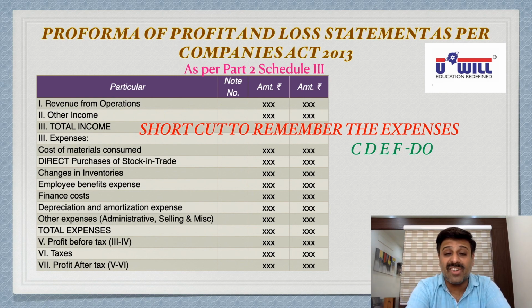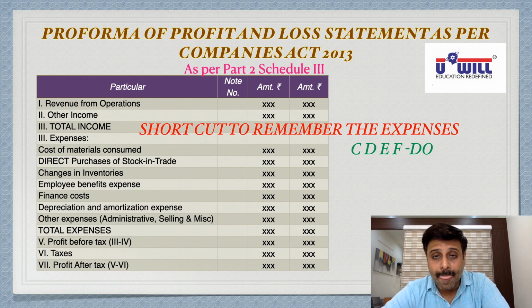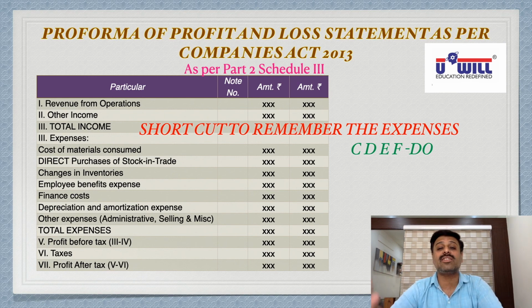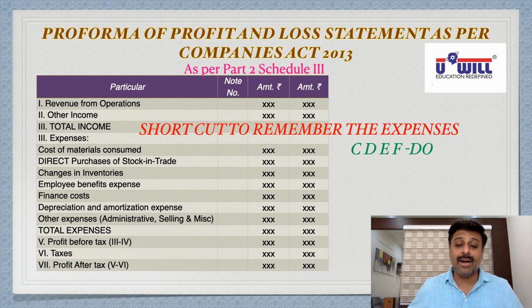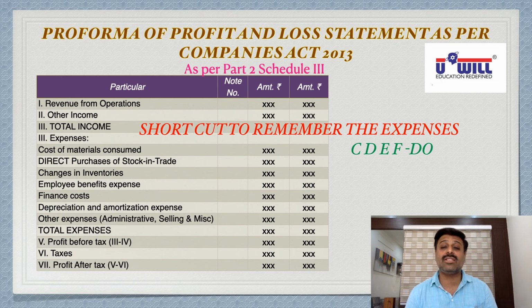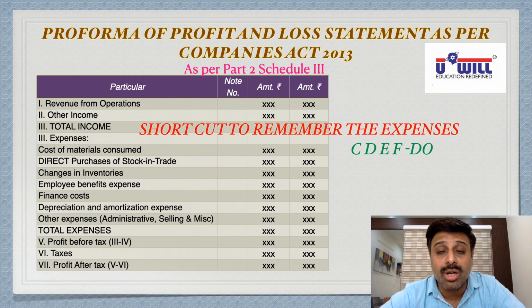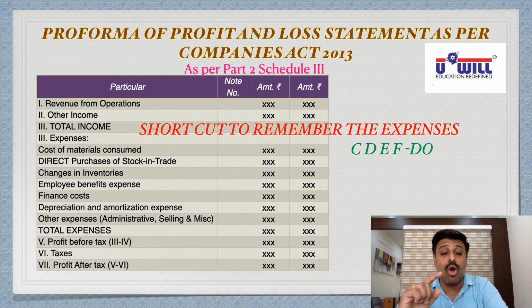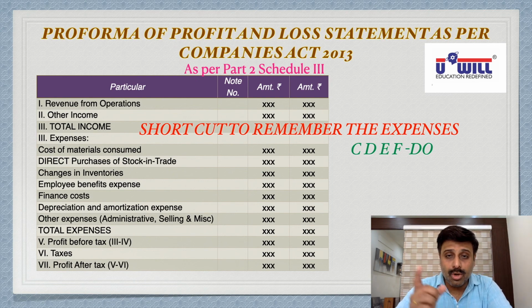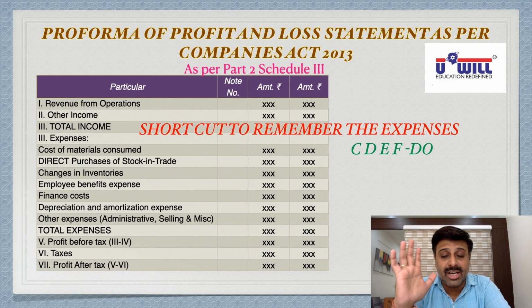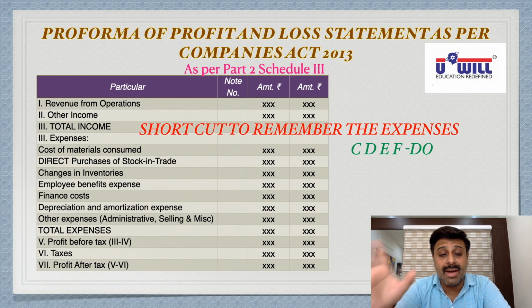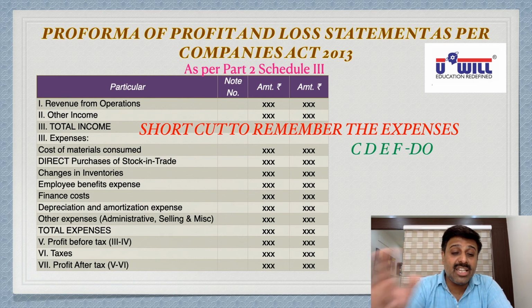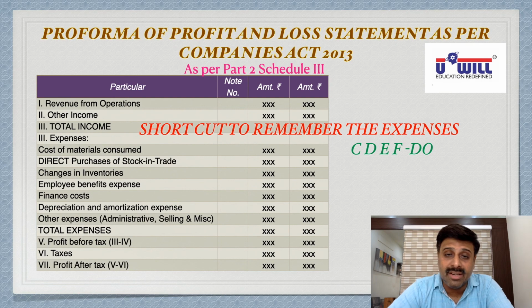Again, the next C stands for change in inventories. In bracket write opening stock minus closing stock. We studied this in profit prior to incorporation also. Now which opening stock minus closing stock? Work in progress and finished goods, because raw material comes in cost of material consumed: opening plus purchase minus closing. So change in inventories or change in stock is opening minus closing of finished goods and work in progress. Work in progress opening minus closing stock will come in change in inventories. Finished goods opening minus closing stock will come in change in inventories.